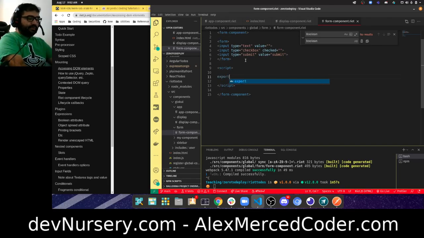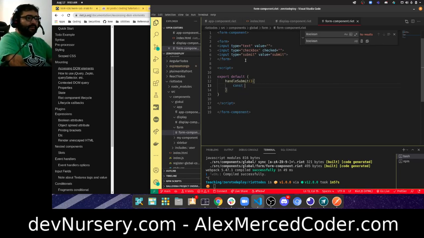So export default. And what I'm going to want is handle submit. And in this handle submit method, what we're going to do is say const,